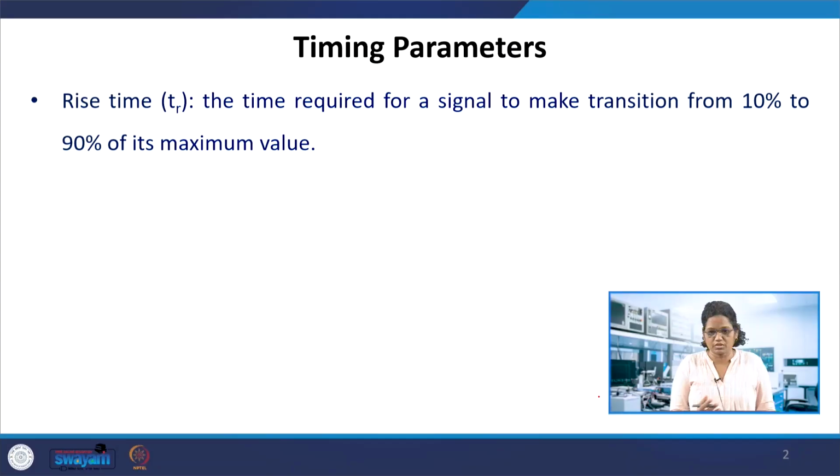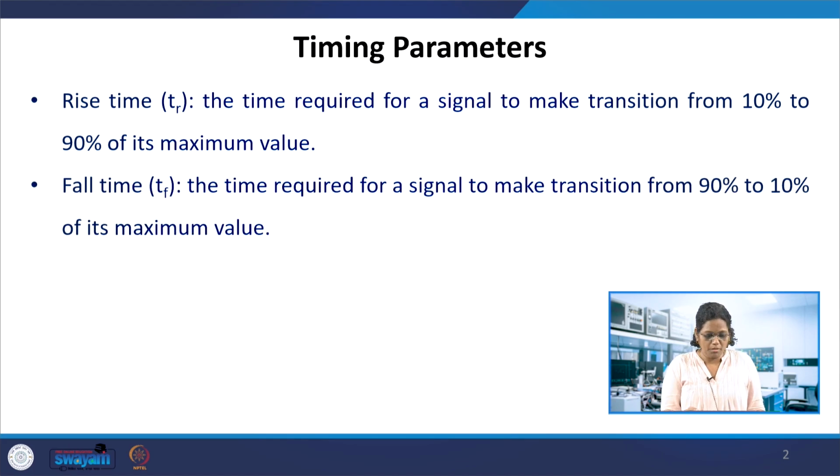The first thing we can say is the rise time. Every logic gate undergoes an input to output change, where the input is changing from 0 to 1. Similarly, the output would change if it is a NOT gate, from high to low, or 1 to 0. So in that case, what is the rise time measured? It is the time required for the signal to make the transition from 10 to 90% of its maximum value, that is, from 0.1 of the maximum to 0.9 of the maximum. How much time the signal transition takes, that's the rise time.